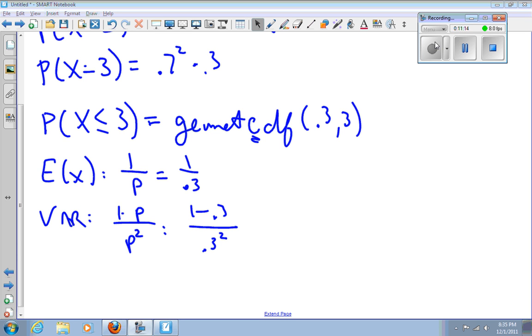Finally, just as I did with the binomial distribution, I could put these things in lists in my calculator and make histograms and graph it and look at it that way. The only difference here is the geometric distribution technically goes on forever and ever. It doesn't have a definite stopping point because it might take you a really long time to win. So most of the time we would just do the first 5 or 10 numbers in there and then show the list, and you can kind of tell how the graph would trail off. And if I looked at the CDF graph, of course, it's getting closer and closer to 100% and not quite getting there until you've done it an infinite number of times. That's the geometric distribution.